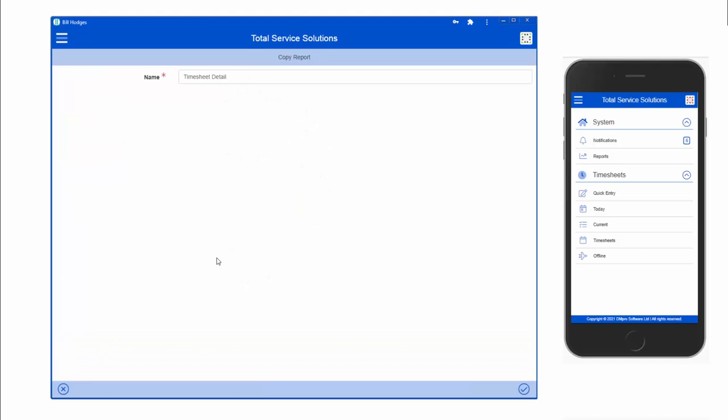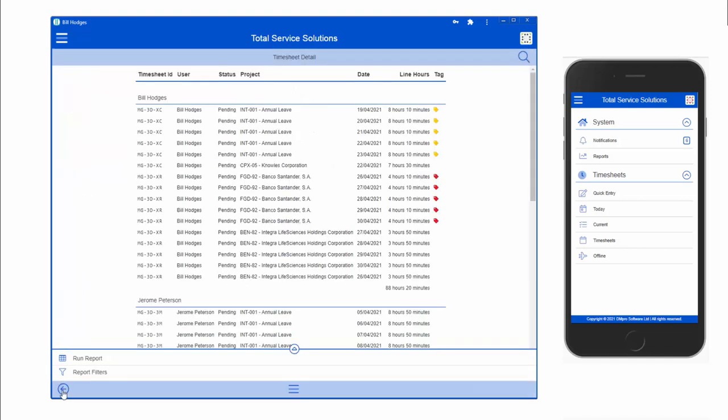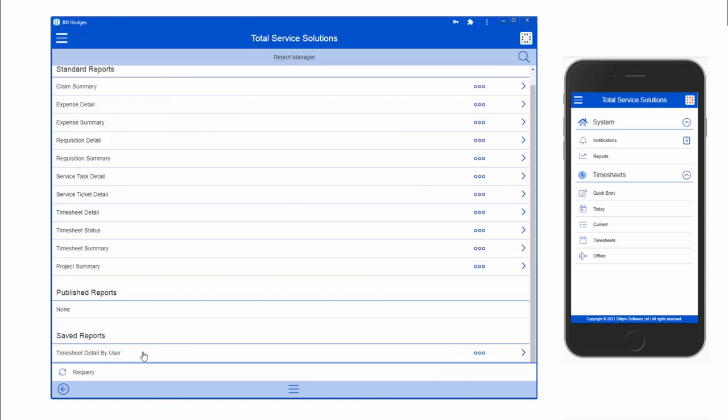Enter a name for your new report and click to save our report. Let's go back to the Report menu. The report will be saved under the Saved Reports branch, but will only be available for you based on your Duet user login. We will now look at the report's ability to drill down from the report to view actual